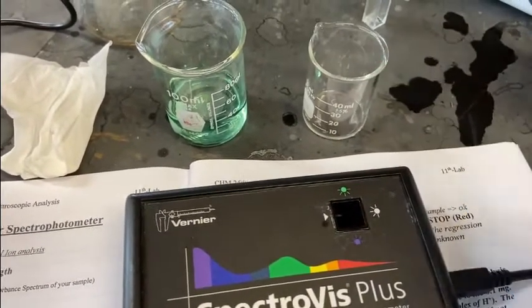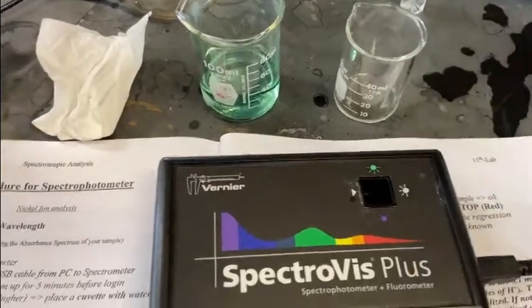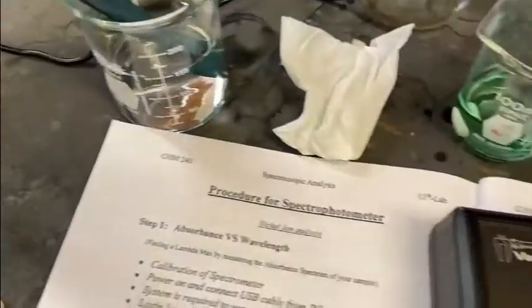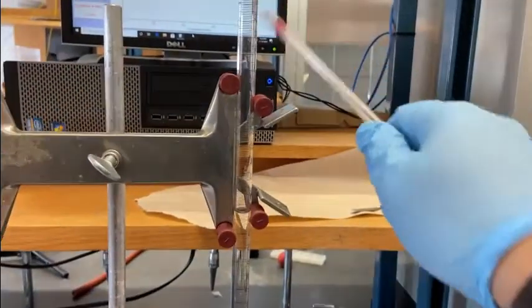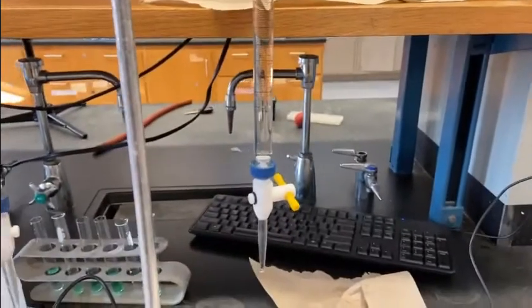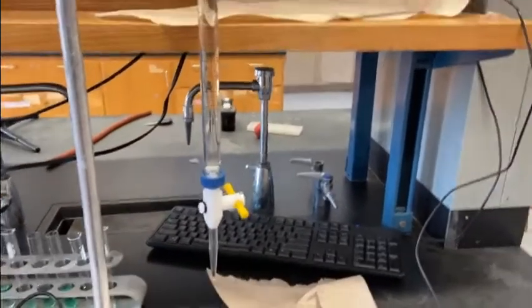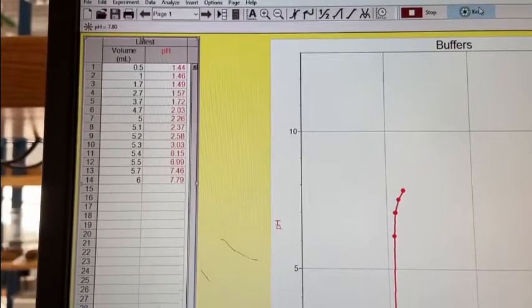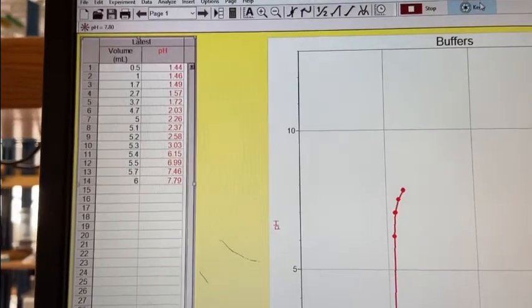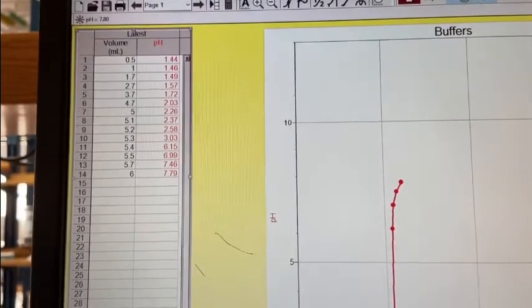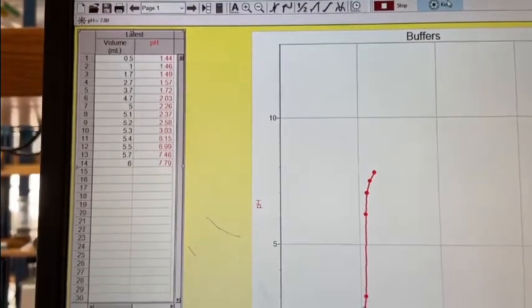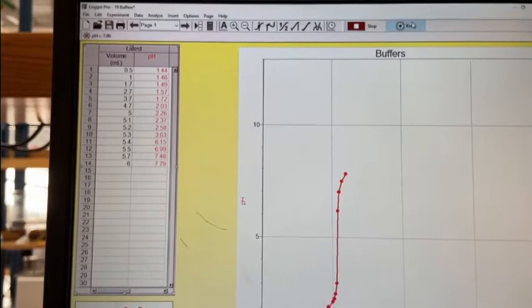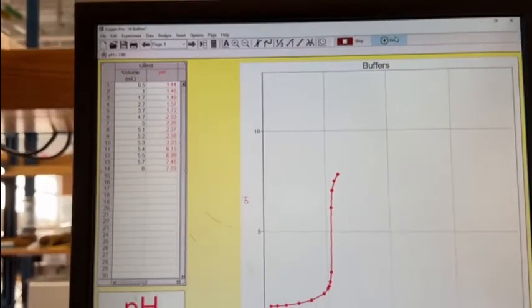then we will dilute it with some water to make sure our pH probe, this is the pH probe, is going inside. Then we will titrate with the 1 molar base, sodium hydroxide. This is the 1 molar base sodium hydroxide. The equivalence point is 5.4, because the maximum change of pH happens between 5.3 and 5.4. We run this titration 3 times, and we will take the average. I will give you the data depending on this.